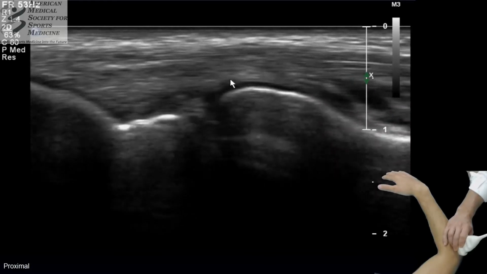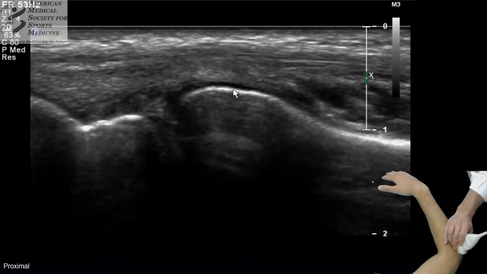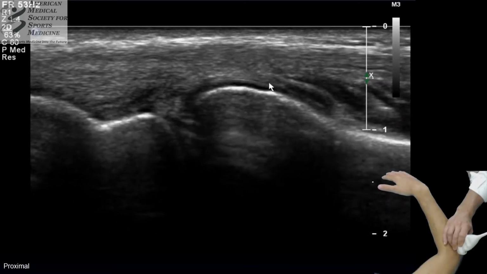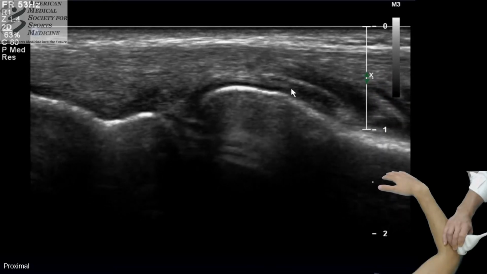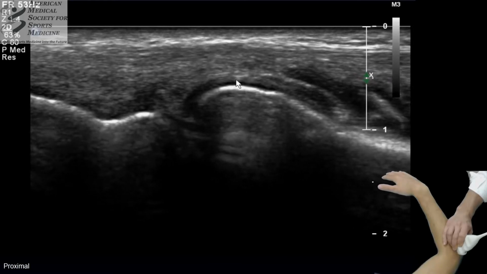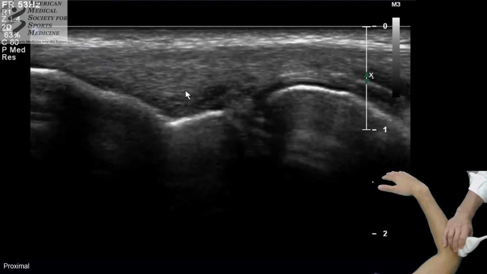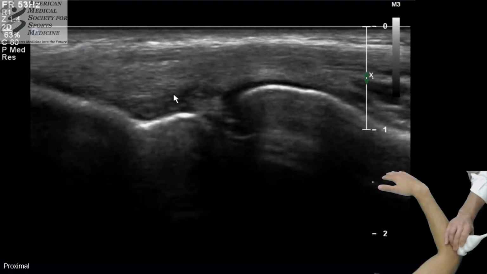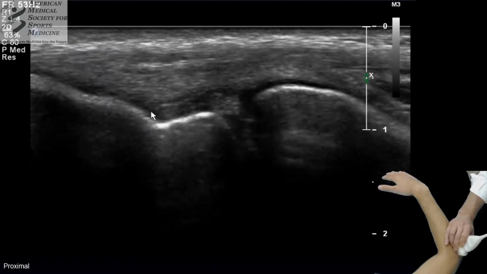As I come down further distal, you can see here's the radial head. Sitting on top of the radial head right here is the annular ligament. So here's the annular ligament extending about to right there. If I come back more proximal again, sometimes we can get a better view of this, sometimes not, but